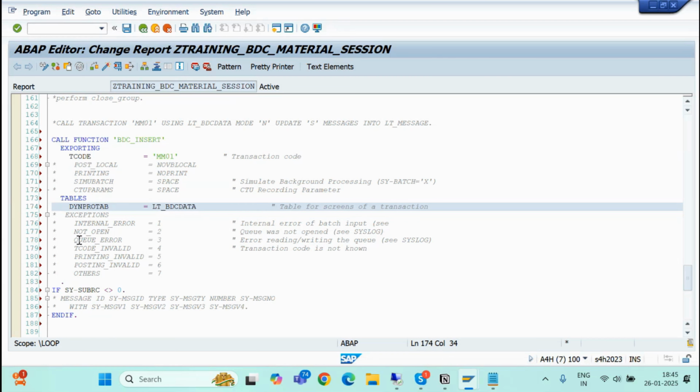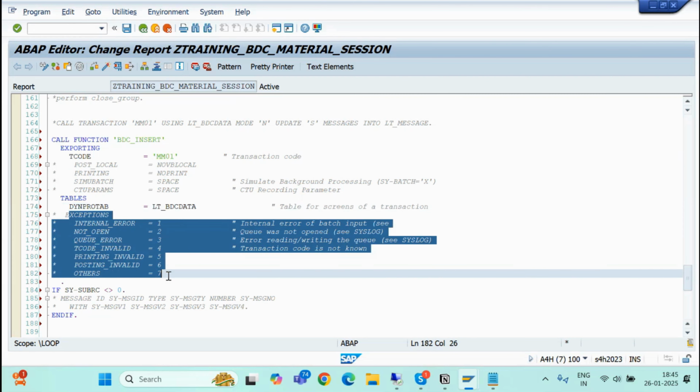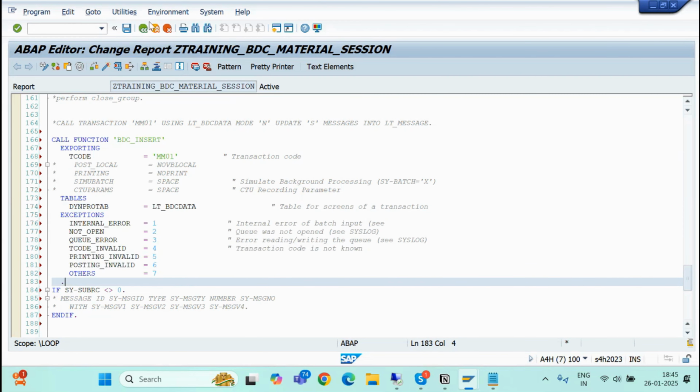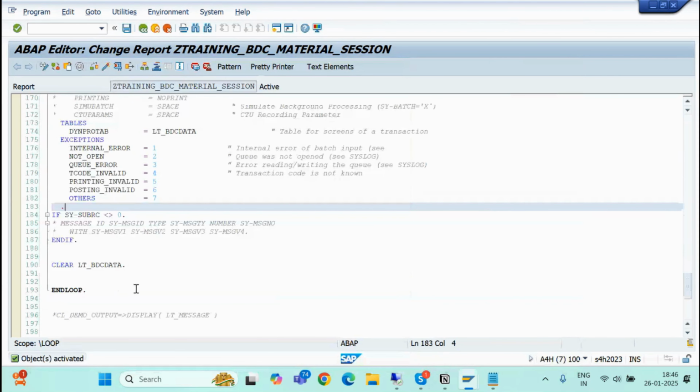And you will simply do the uncommenting of all the exceptions. So this will be my second step, to insert the data into your SAP system. Now, once all the insertion is done,